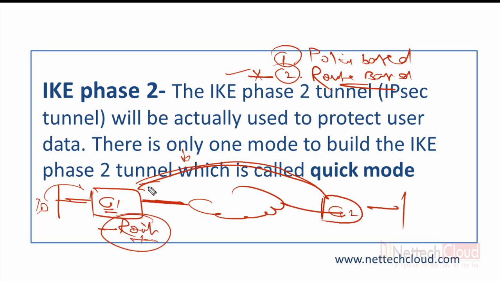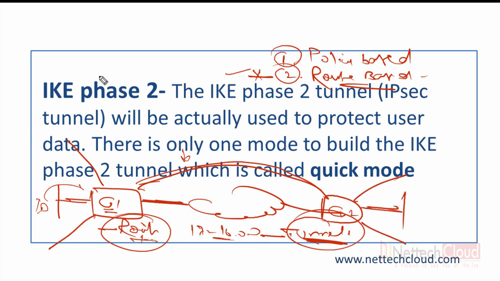So in route-based VPN, we do routing. In fact, we create a route so that in order to reach a remote network, the exit interface should be the tunnel interface, and the tunnel is further protected with IPSec, right? And another important point to understand here is, in route-based VPN, even if there are multiple networks or subnets behind each gateway, still only one pair of phase 2 tunnels is created. Only one pair of phase 2 tunnels, no matter how many networks or subnets we want to protect with IPSec, right? Whereas in policy-based VPN,